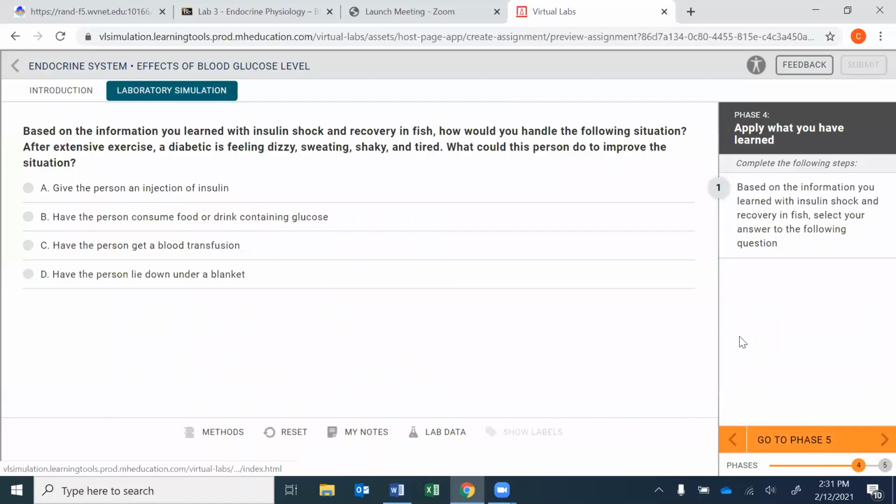And it asks you one question based on the information you learned about insulin shock and recovery in fish. How would you handle the following situation? Somebody after exercising, a diabetic, feels dizzy, sweating, shaky, and tired. What could this person do to improve the situation? Do you give them insulin? No, because